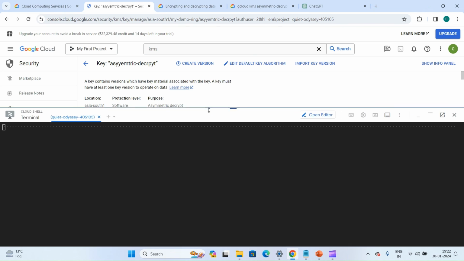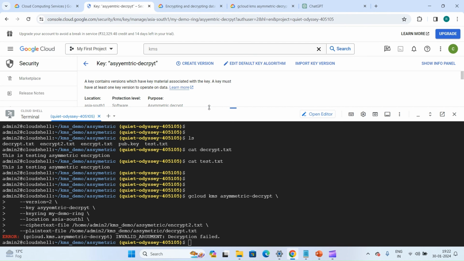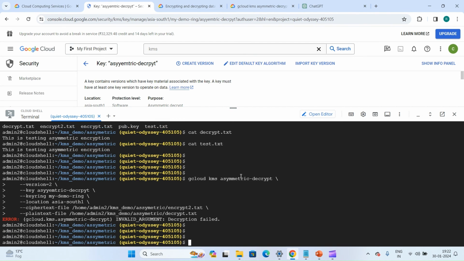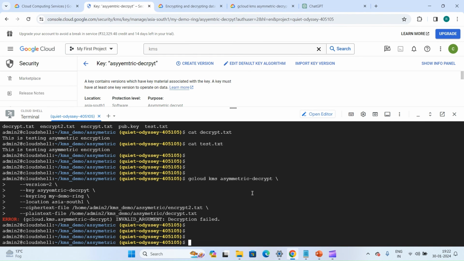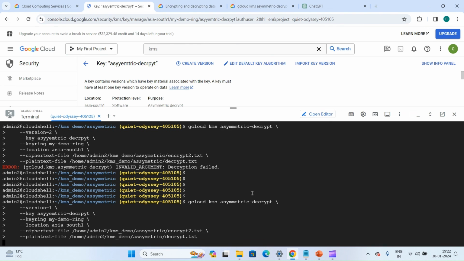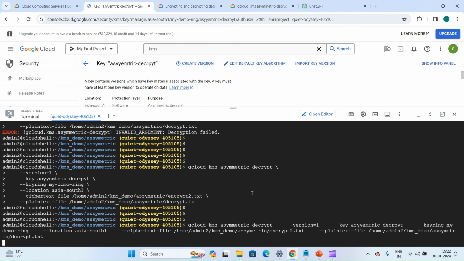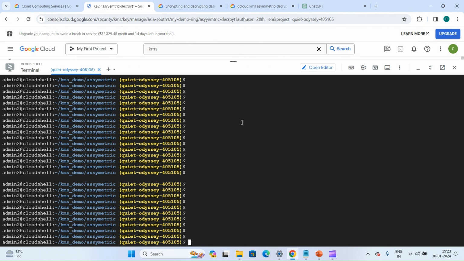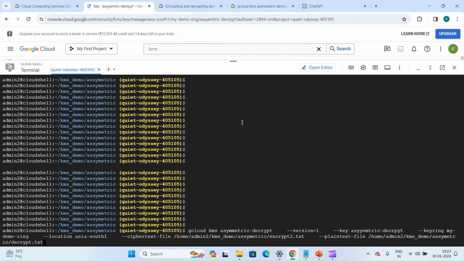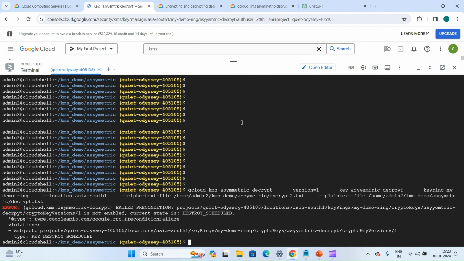now it has been destroyed. So the destruction is kind of immediate only. Now let's retry to decrypt our data. So let me update the version to 1 and click on copy. As of now it is working, but it will take some time before giving an error. So let's wait a little. After waiting a minute or two, let's try to run this command again. And now we can see it cannot be used as it is a destroyed version.